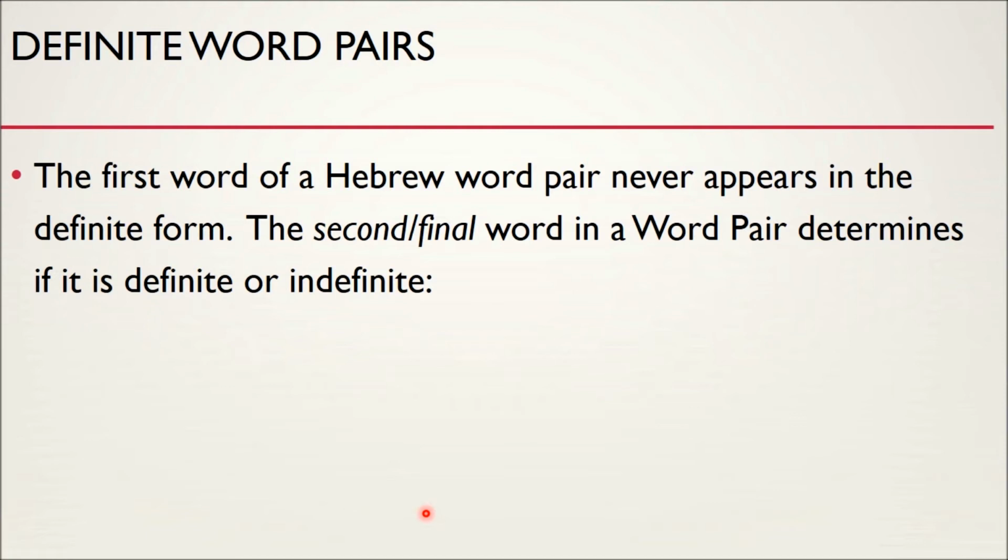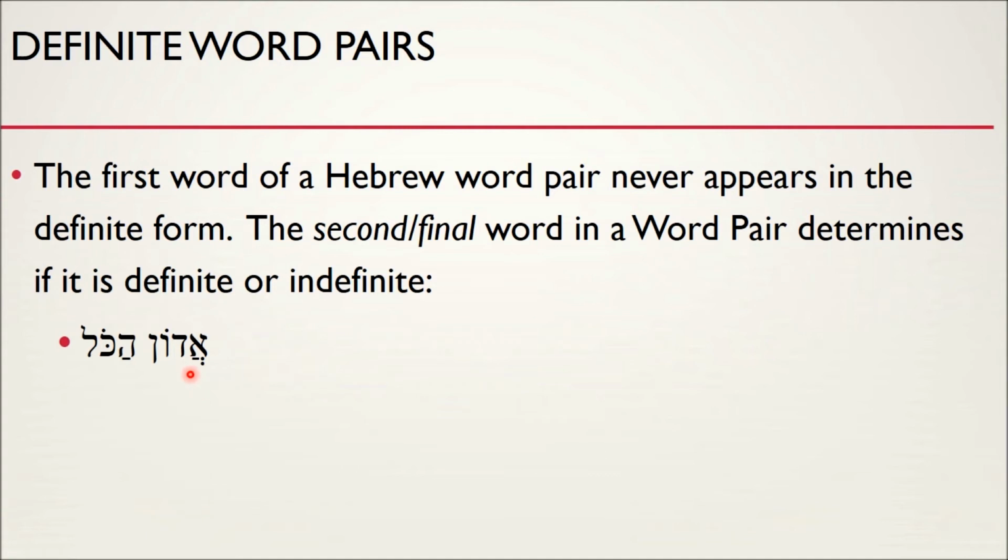Another way to say this is that the second or the final word, because word pairs can have more than two words, when the final word in a word pair is definite or indefinite, that determines whether or not the other words are. The way I have it written here is the second or final word in a word pair determines if it's definite or indefinite. So for example,